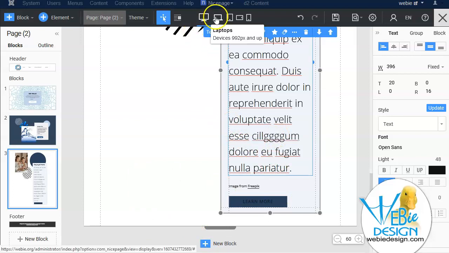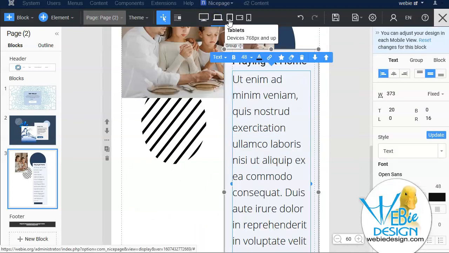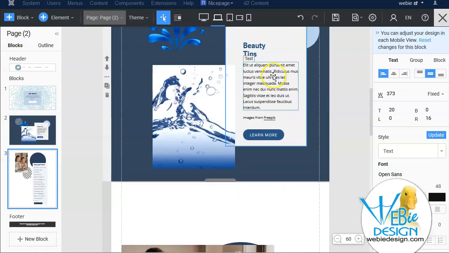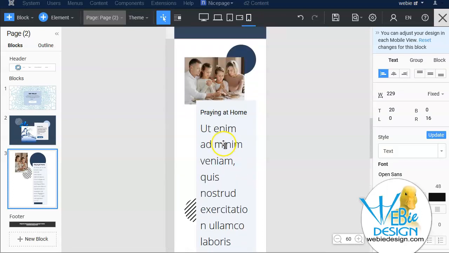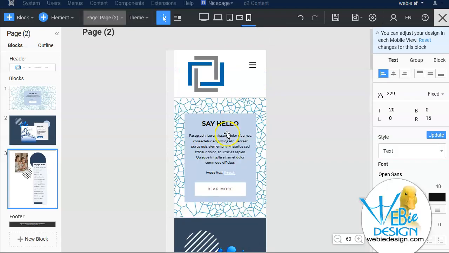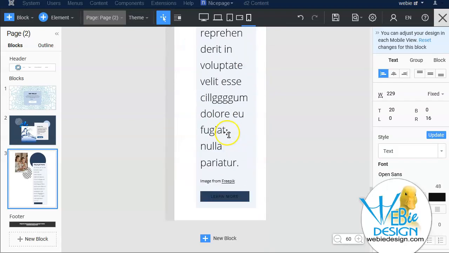Nice options when you want to review it on different screen resolutions, so you can see what it's going to look like on your phone. So you can see that on the phone this is going to be a little bit too crazy. So you would